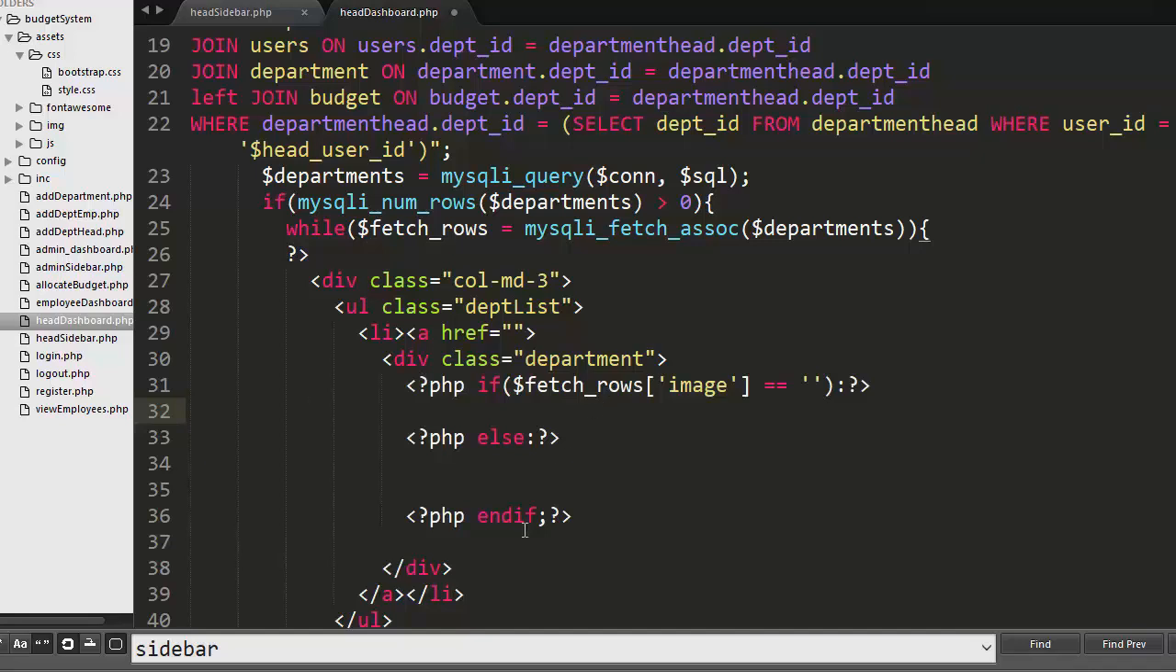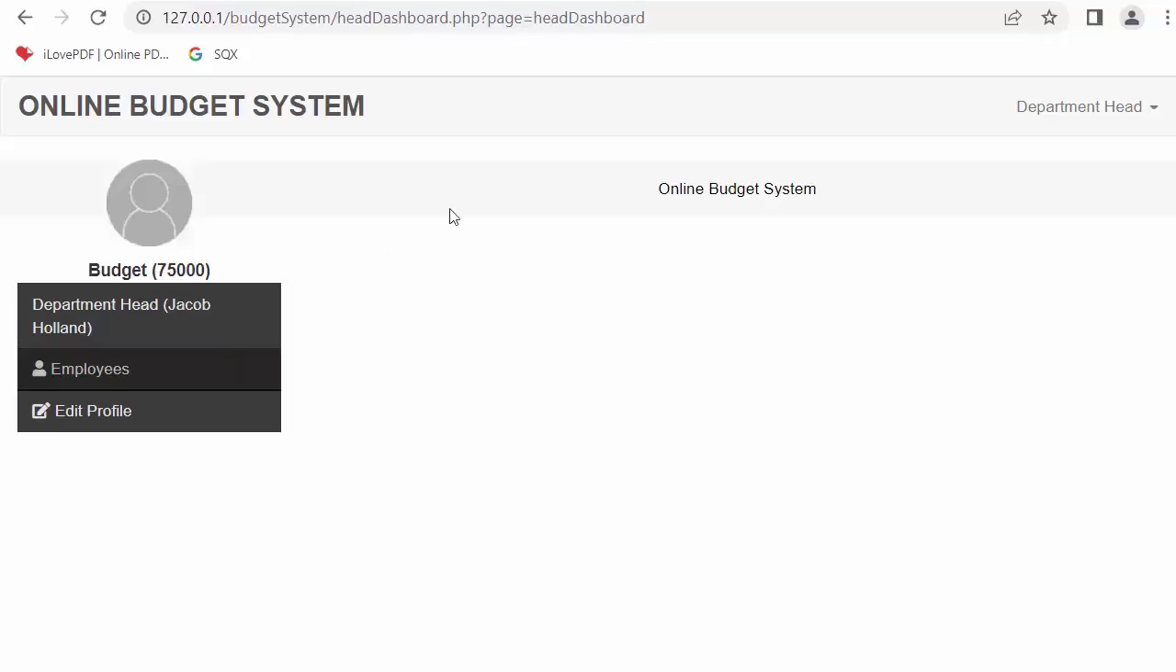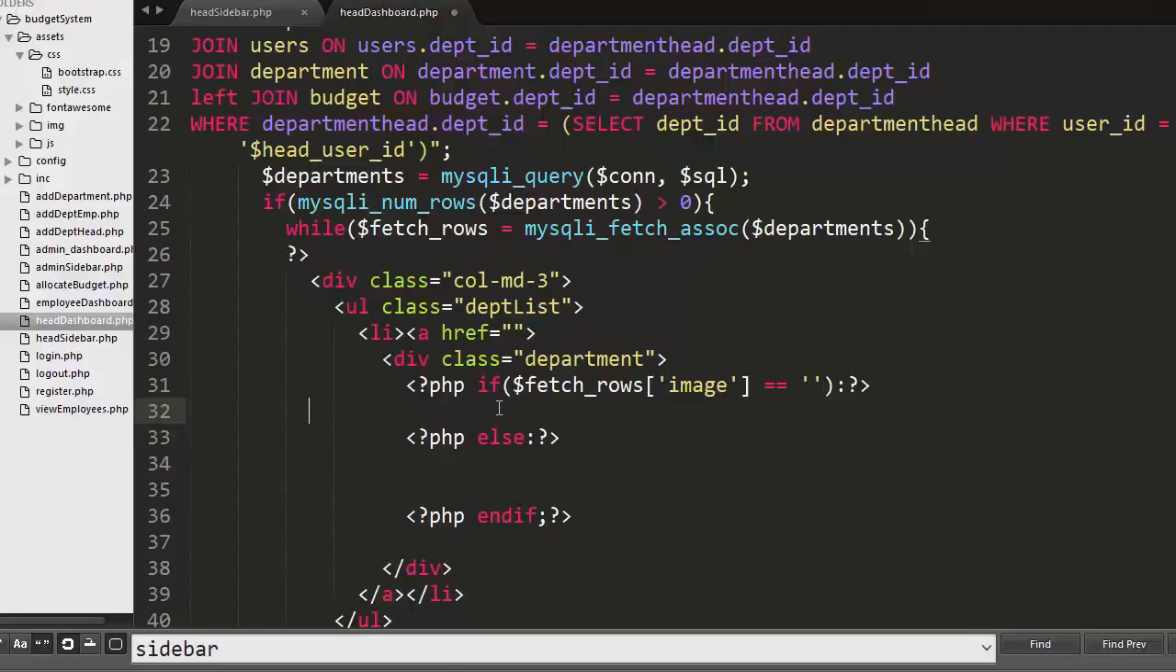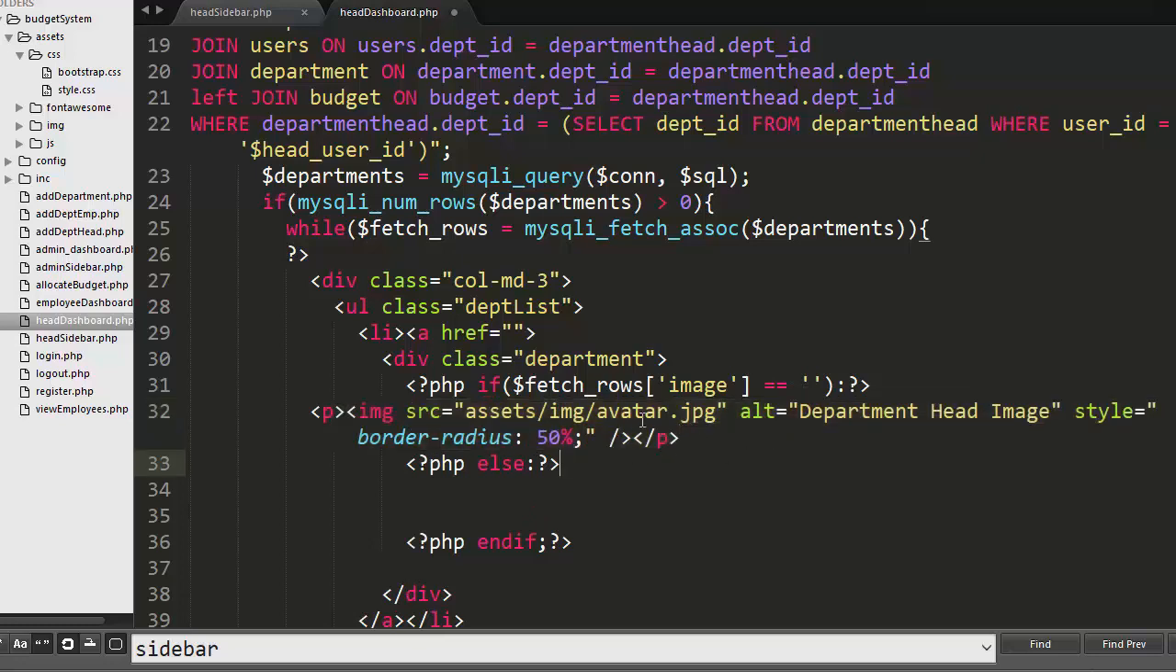Okay, so here I'm talking about the profile image of the employee assigned under the human resource department. Okay, so if the normal employee uploaded their profile image, then in that case I will display that profile image by fetching it from the database, otherwise I will display a default image. So here in this condition I am checking if the fetch rows of image equals null. That means if the user has not uploaded their profile image, in that case I will display the default image which